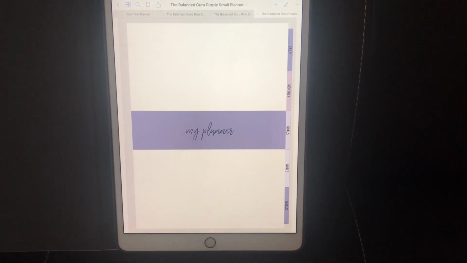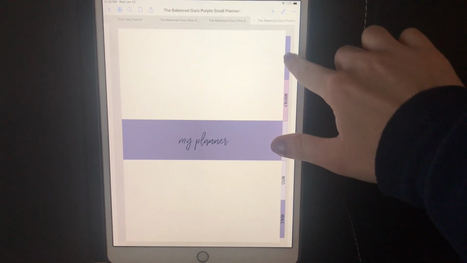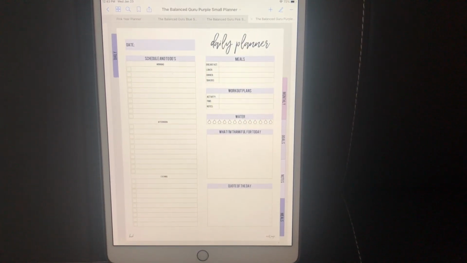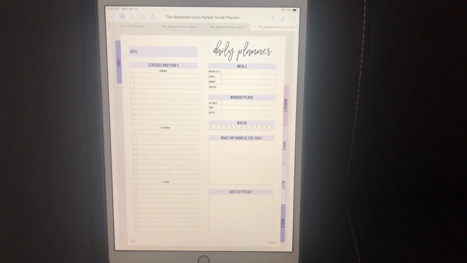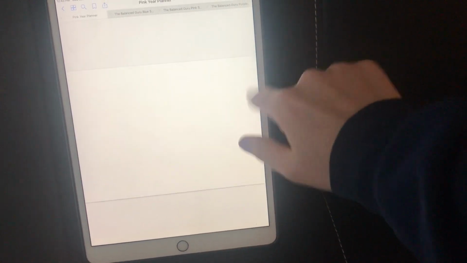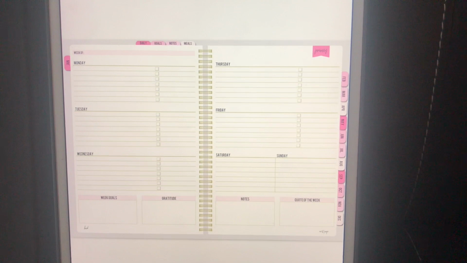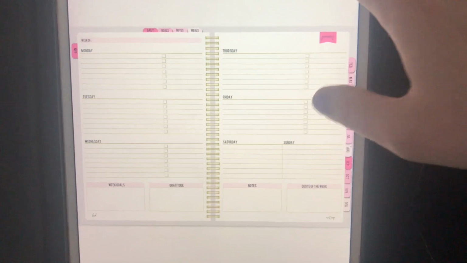So I'll go ahead and show you the purple since I just showed you the pink while I'm on it. So this one, you've got the daily, monthly, goals, notes, and meals tabs. And for daily, it's the exact same layout as the yearly one, as far as an overview tab. The only difference between this planner and the yearly, as far as a day page, is that my year planner, let's click on one here, has kind of what I like for school, where you have each individual day a section for to-do lists and all that. Whereas this one,